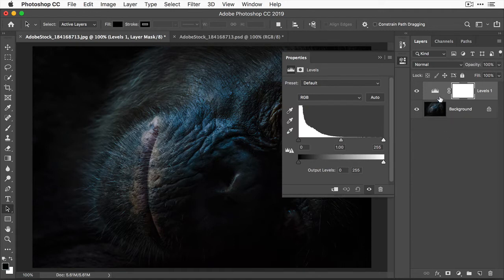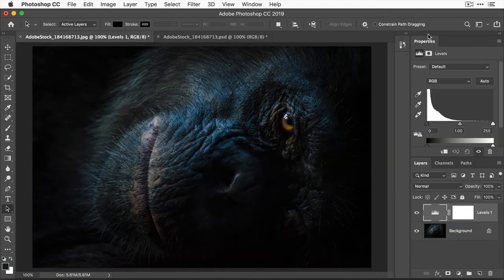and that creates a brand new adjustment layer, a levels adjustment layer, above the layer that contains the photo. Whatever changes we make in this adjustment layer will affect the photo on the layer below without making direct changes to that photo. The adjustment layer not only will protect the photo, it also gives you flexibility to change or even delete the adjustment in the future. Making this adjustment layer also popped open the Properties panel with the levels controls that we'll use to brighten this photo. I'm just going to move my Properties panel out of the way so you have a better view of